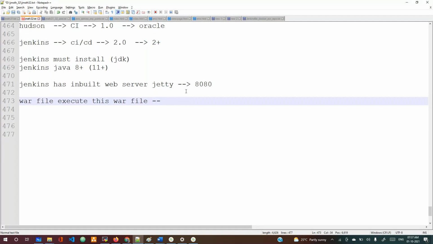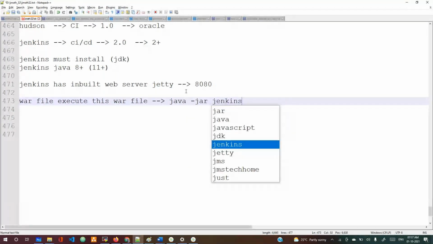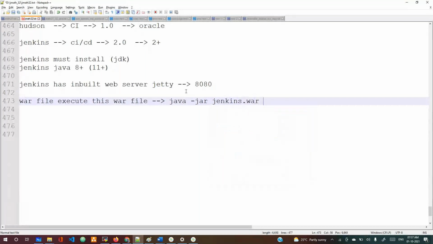And what is the command we can use? java -jar jenkins.war. Now if you run this, the Jenkins server will run. Jenkins will be running on port 8080 by default. You can access localhost:8080, and your Jenkins server will be accessible in your browser. Okay, and if you want to change your port,